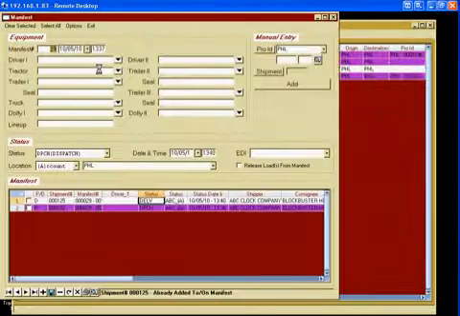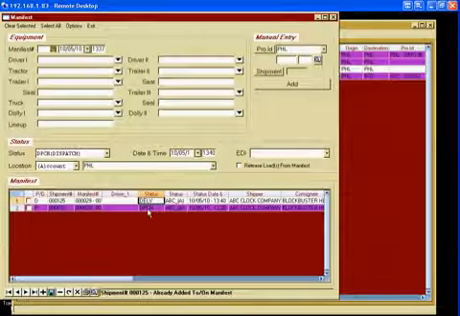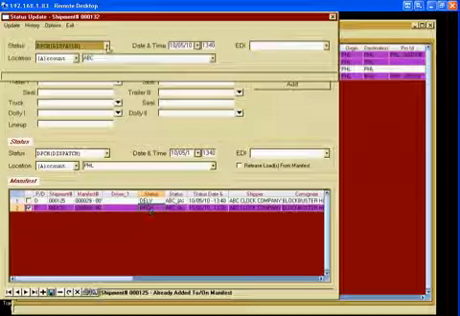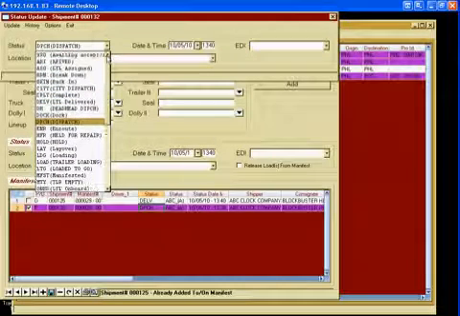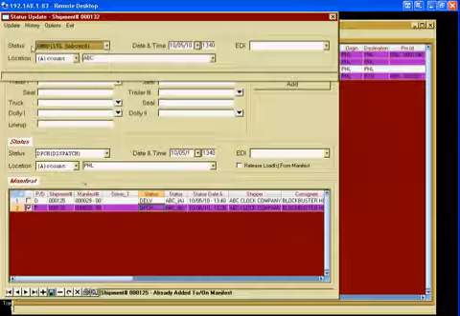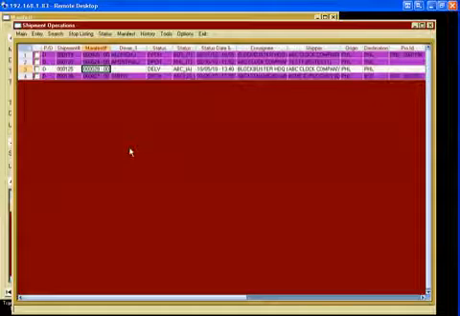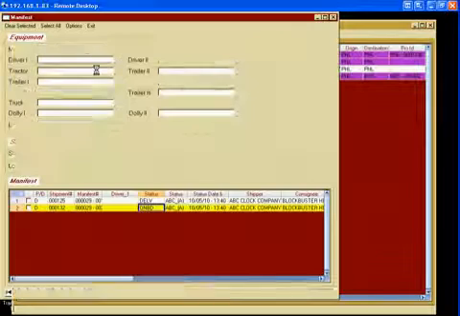Update the status. And I'm going to say on this particular load, it's a pickup. It has been onboarded. When the driver comes back at the end of the day, and you can certainly add more shipments to this load as the day goes on,